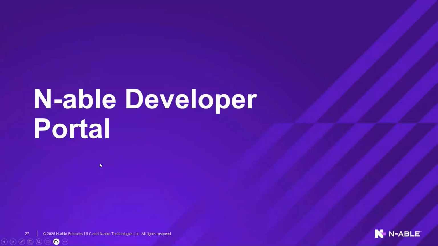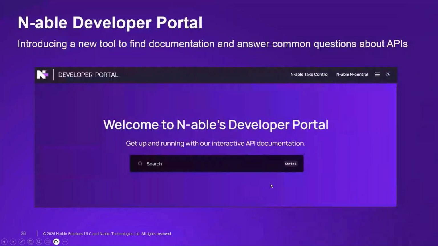So the last thing we're going to look at today, and I have referenced it throughout, is the Developer Portal. And that's going to make it even easier for you, again, to work with the N-central APIs. While there is documentation available within Swagger as well, there's even more information available to you within the Developer Portal. So you can access the Developer Portal now by going to